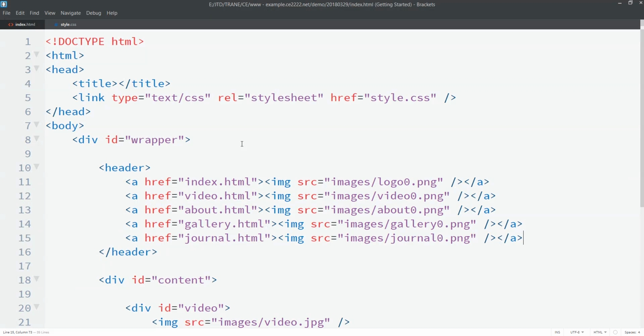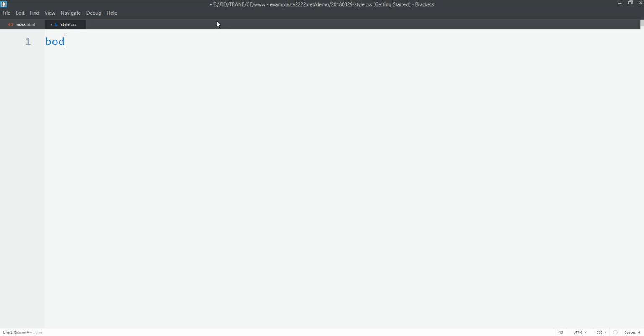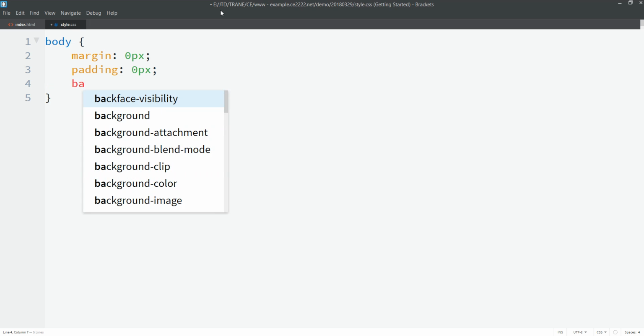And like I said, we want to work from the outside in. So let's start with the body. So just for good measure, let's go ahead and put in the margin 0 pixels and the padding 0 pixels. I almost always do that at the very beginning of my CSS, just because I don't want to have to necessarily worry about that extra margin or that extra padding if I want things flush later on. So the main thing we want to do with the body is we want to add in the background. So we're going to put in a background image,